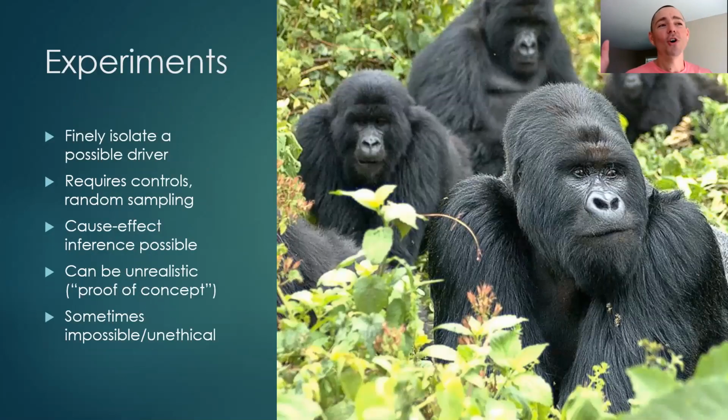All right, experiments. Hooray for experiments, right? An experiment allows you to have cause-effect inference. So you have controls, and then you have treatment groups. You have many treatment groups, so you can finally isolate the factors that are driving the phenomenon of interest. Hooray! So maybe you could cause experimental lines of social insects in the laboratory to undergo warm conditions or cold conditions over multiple generations, and you can see whether you can cause certain kinds of social structures to evolve